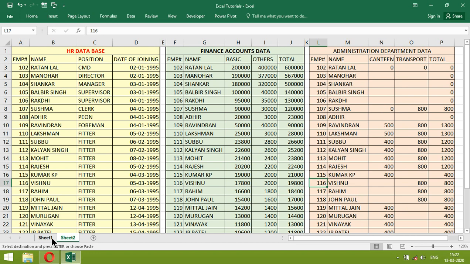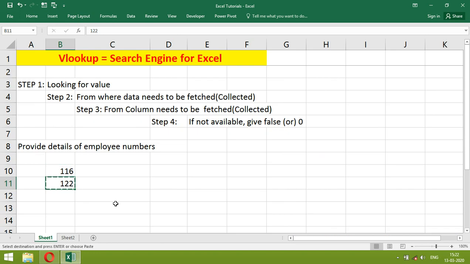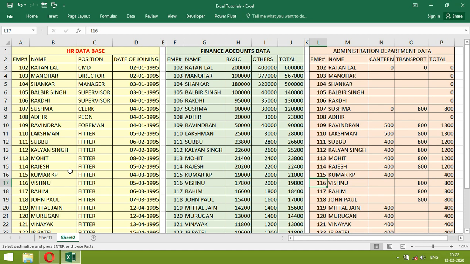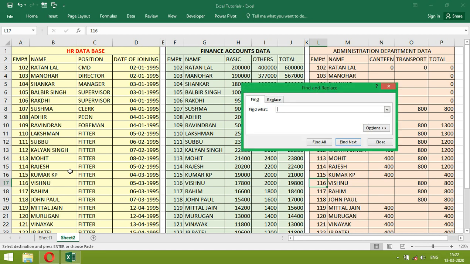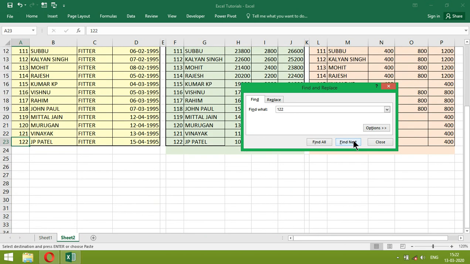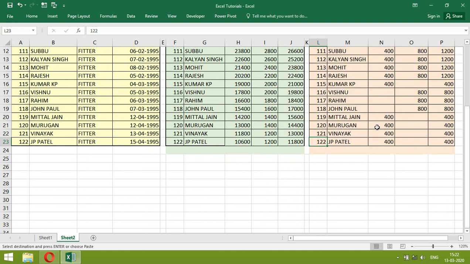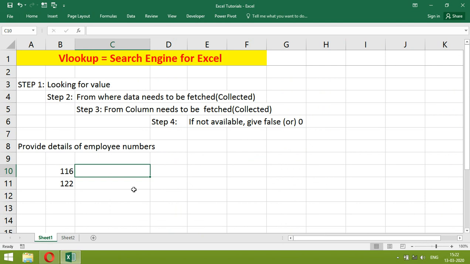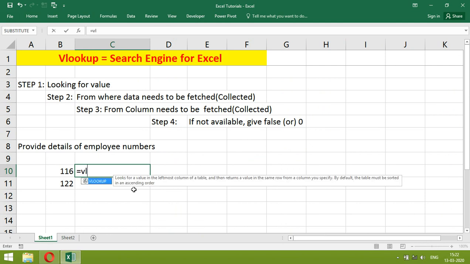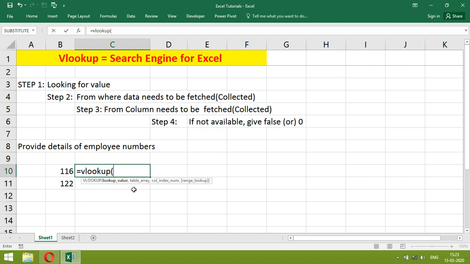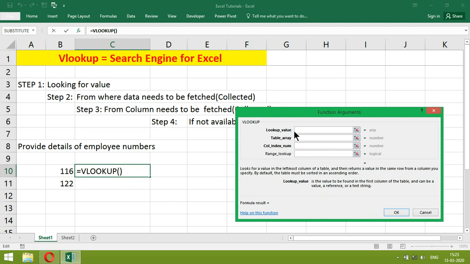Same way for this 1 to 2, we have to search. It is available, then administration also it is available. Easily we can construct the formula. First we need to write VLOOKUP. You click on here. What is the lookup value? This one.